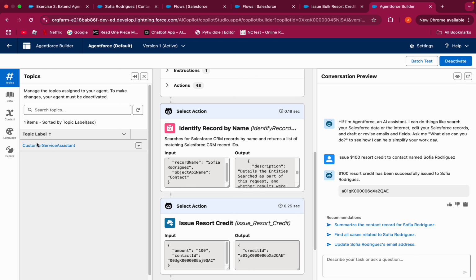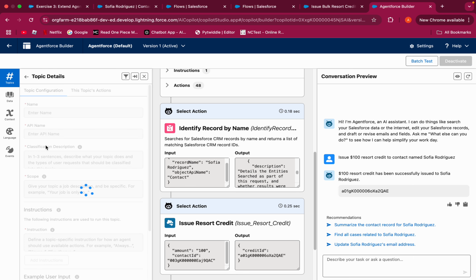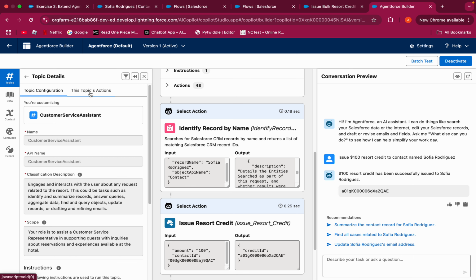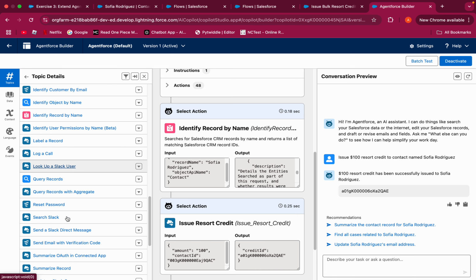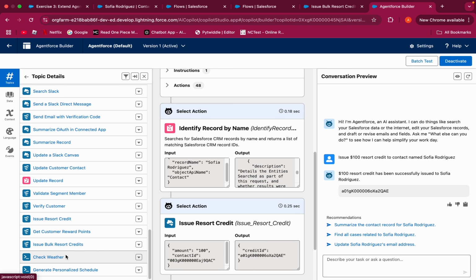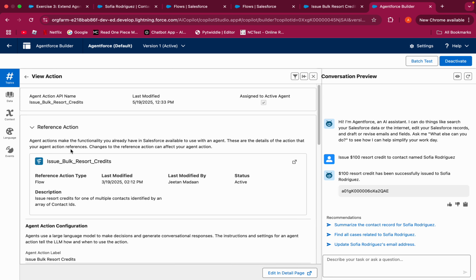Let's look at our agent builder topic here, and we have added another custom action here, which is issue bulk resort credit, which is calling the bulk resort credit flow. And now when we test this,